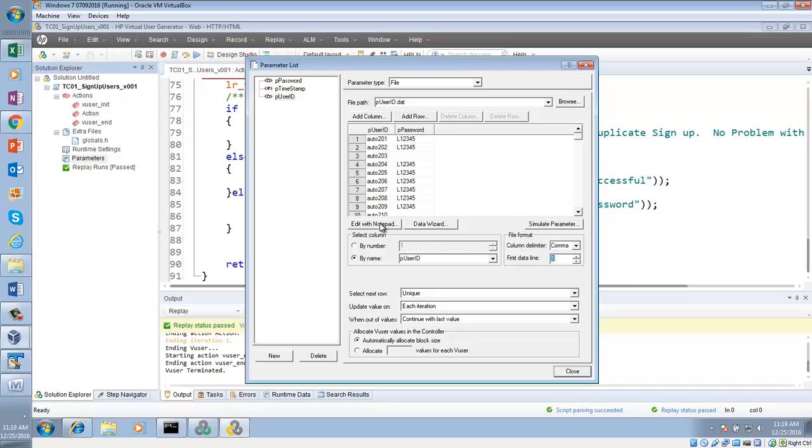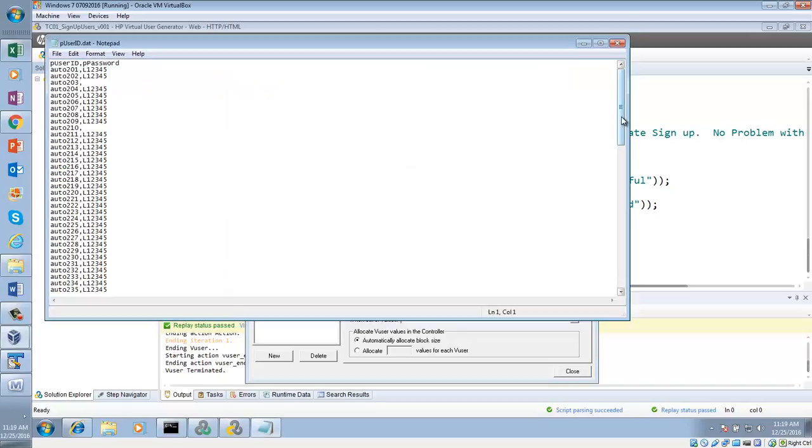And if you go to edit with notepad, how many lines of data do I have here? 102. But this is an empty line and the first line is the name of the parameters. And remember how many invalid passwords I have? 2, right? Okay.